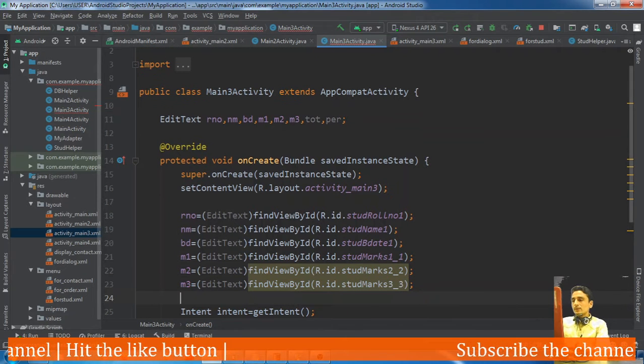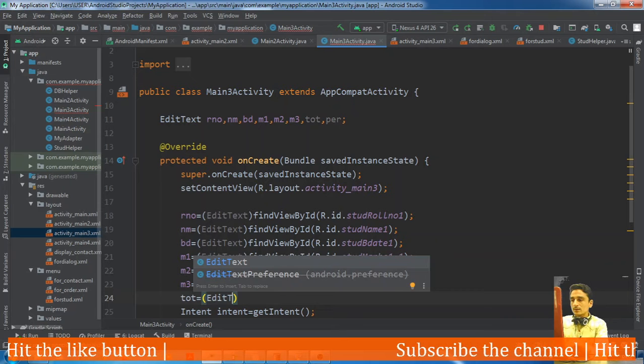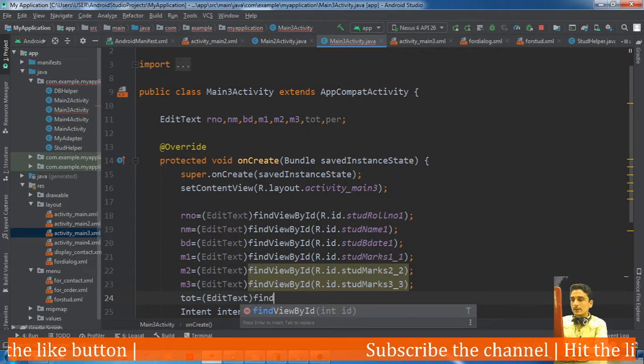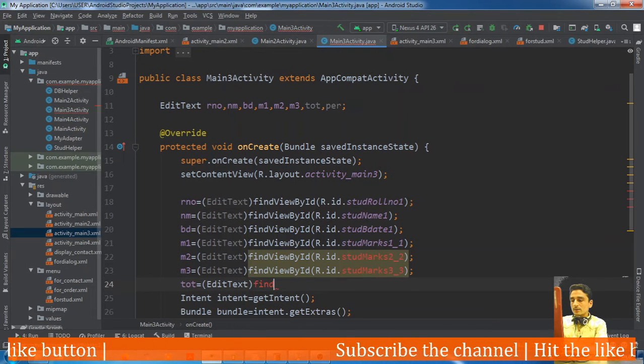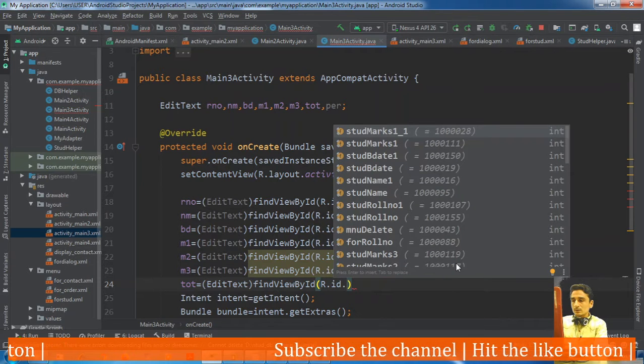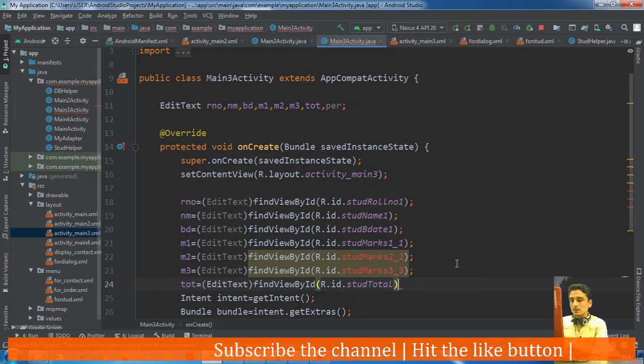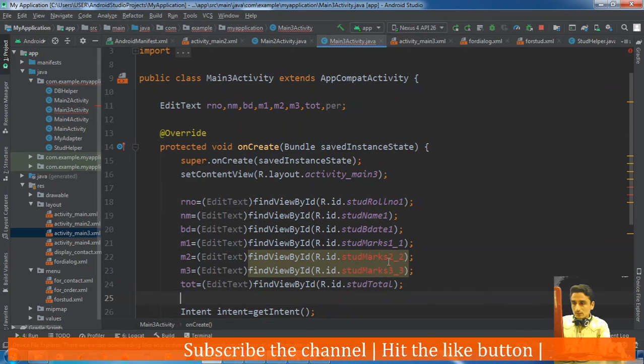Then total is equal to edit text, find view by id, r dot id dot stud total. What is the problem there?